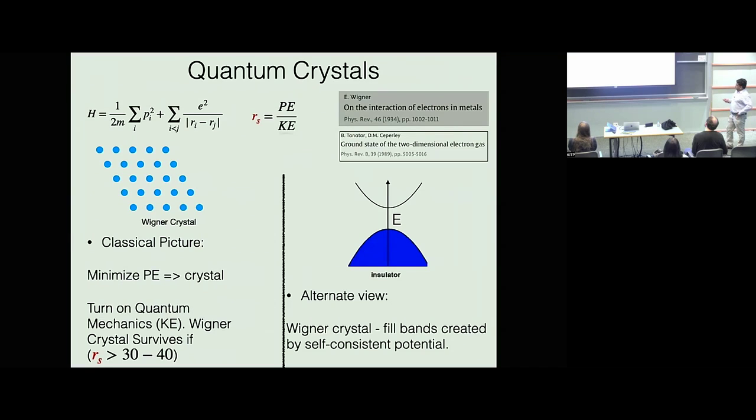You could, if you wish, take an alternate viewpoint on the Wigner crystal, which is not typical. You can think of the electrons over here as seeing a self-consistent field from all the other electrons. It's like a periodic potential. They're moving in this periodic potential, and there are bands, and they completely fill a band to give you an insulator. Okay, it's kind of the dual picture of this Wigner crystal. Okay, so self-consistently generated bands.